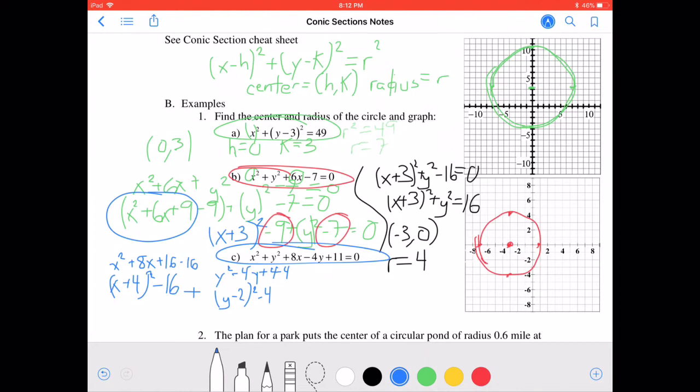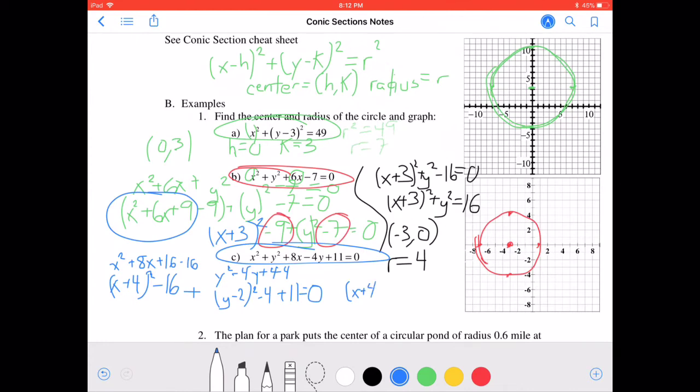So we have the x parts, the y parts, and this plus 11 all the way down here. And that would all equal 0. So when we combine that negative 16, the negative 4, and the 11, we would get negative 20 plus 11, so negative 9, and then that would scoot over to the other side by adding it to both sides. So our final equation would be x